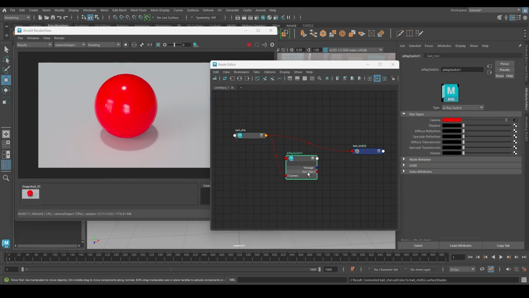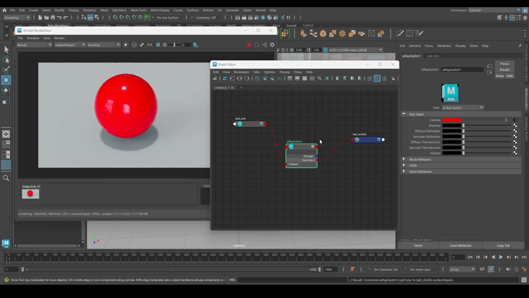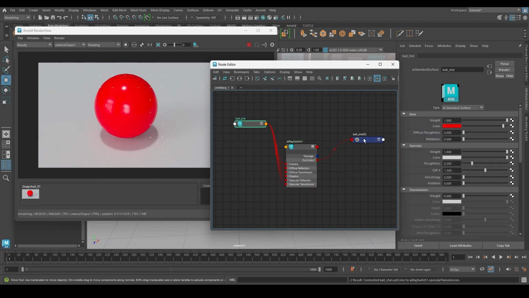It is because we have not assigned any shaders into these diffuse reflection or specular reflection attributes, so the attribute colors are now black, and it's not casting any indirect lights. So if I connect back the surface material into the Rayswitch and connect the ball shader into all of the other shaders, you can see that we are getting